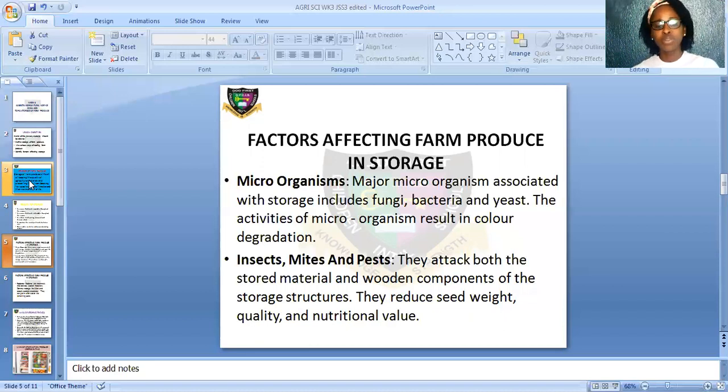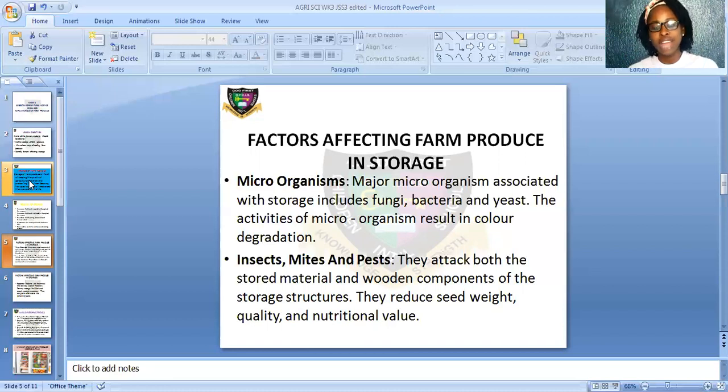Number two, we have the insects, the mites, and the pests. These ones affect this product in storage. Let me give an example. We have our beans, where the weevils attack the beans, and the beans come out in powdery form. Or sometimes when you want to cook the beans, they will be unable to be cooked, because the pest has already